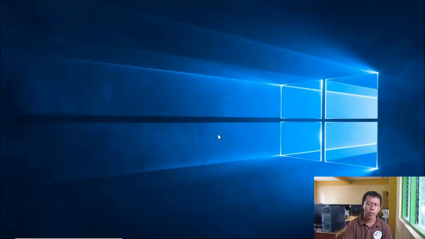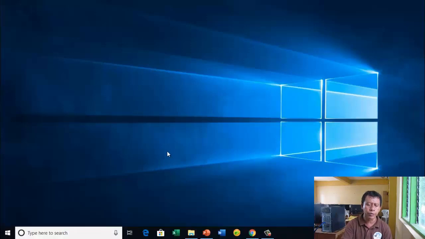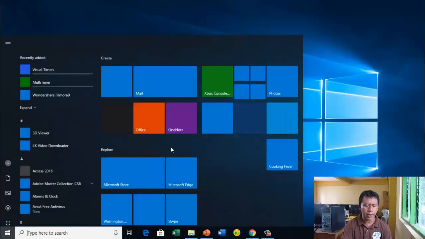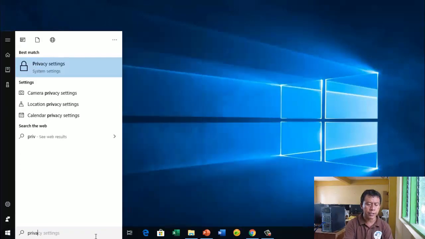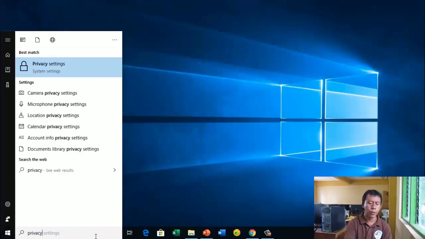So what we should do is press our Windows key and then type privacy. Microsoft gives us this feature in Windows 10 so that we have the choice.